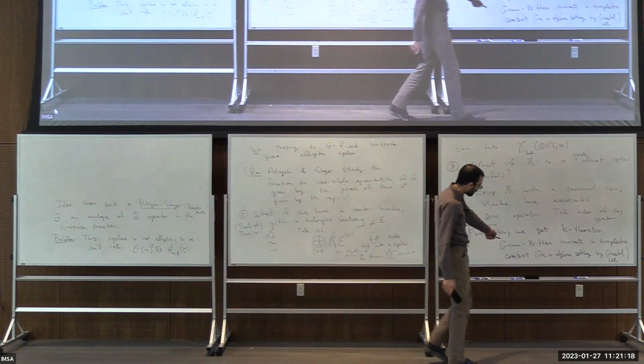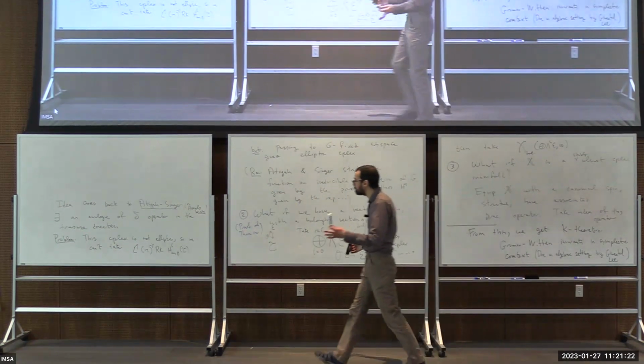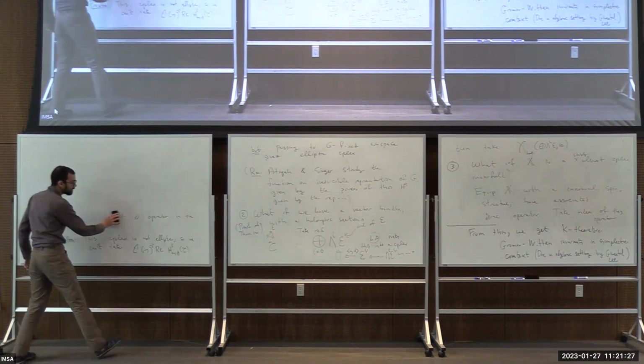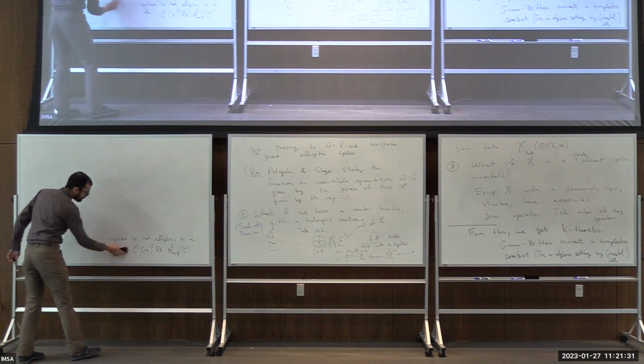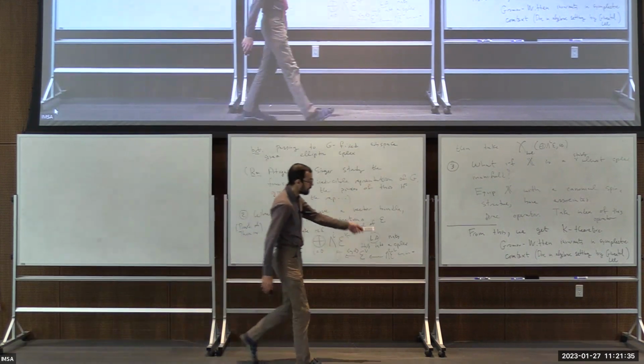So I'm hoping that those methods can also be applied in this setting to get an agreement. Okay, but this is actually the beginning of the story, because it turns out, and this was really Givental's observation,